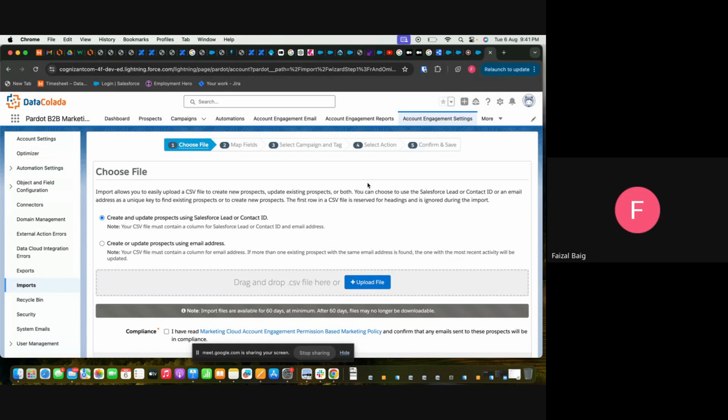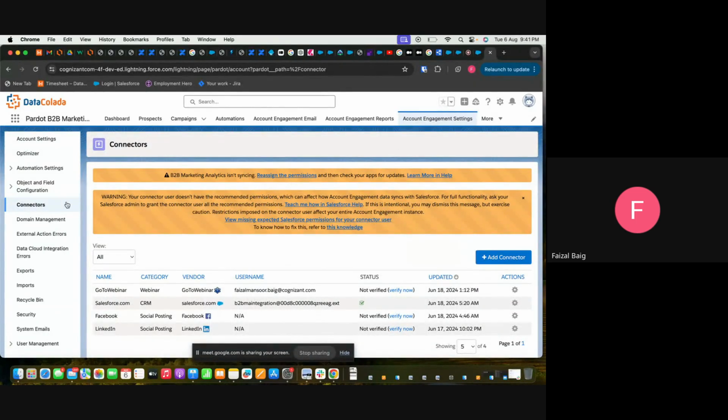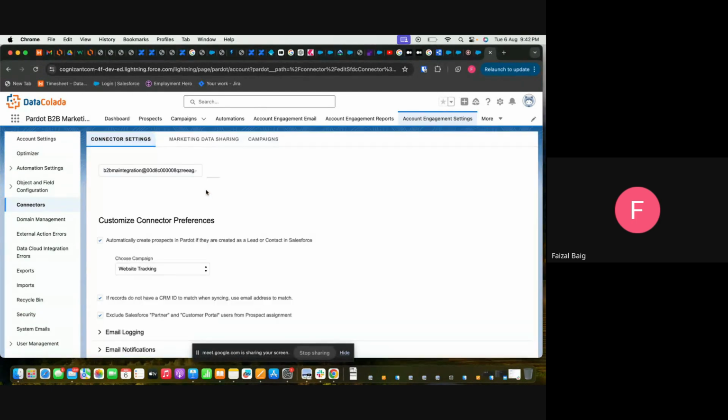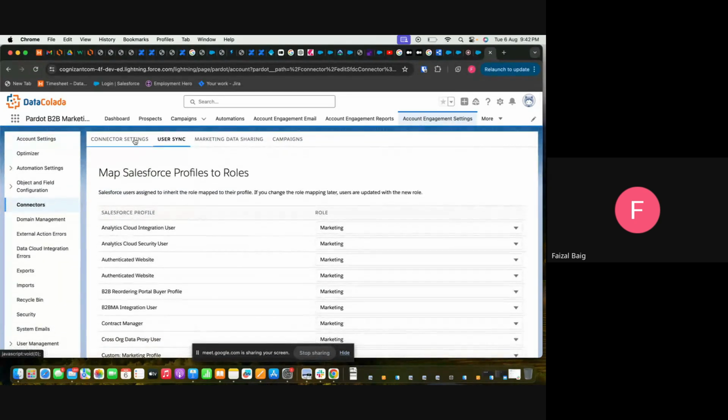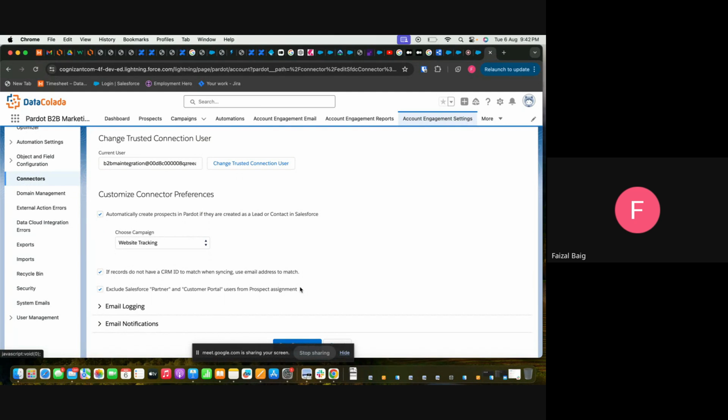What we have to do here in connectors, if you see, there is an option, edit setting. In edit setting, into connector sync, see here. If you read this statement, could you please read? Automatically create prospect in Pardot if they are created as a lead and or contact in Salesforce. Right. Does that answer the question? Yes. So if you enable this,